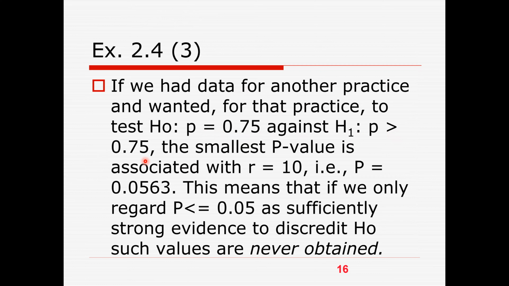The smallest p-value is when R equals 10, right? The null is that p is equal to 75%, so we favor it when R is equal or smaller. But what we do not favor is when R is a large value. That may indicate p is larger than 75%, right? So the smallest p-value is when R equals 10 in that case, and the p-value is